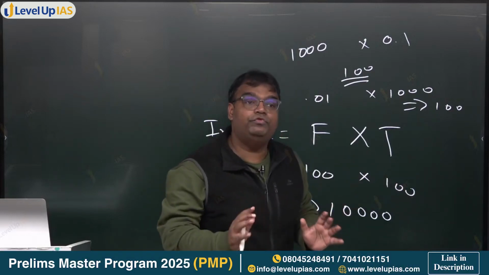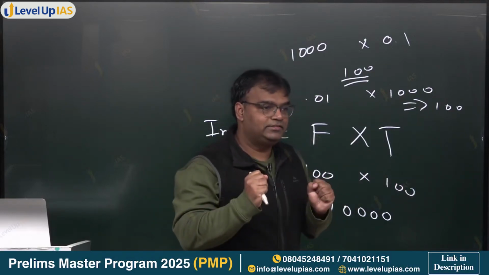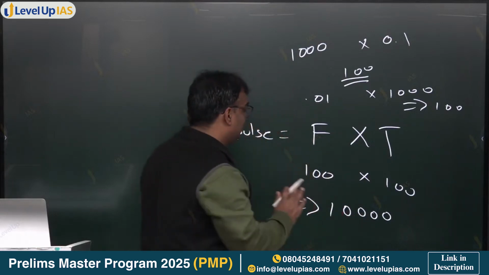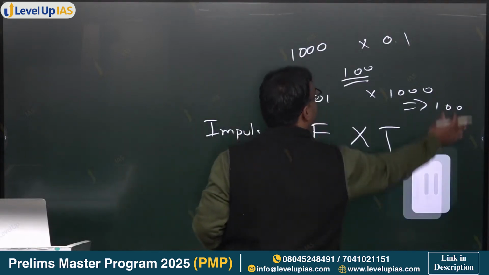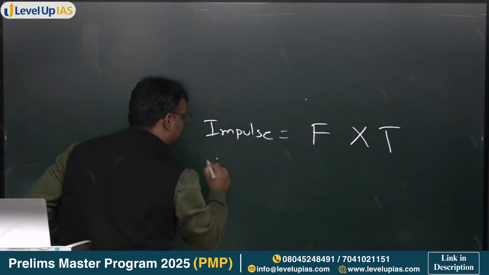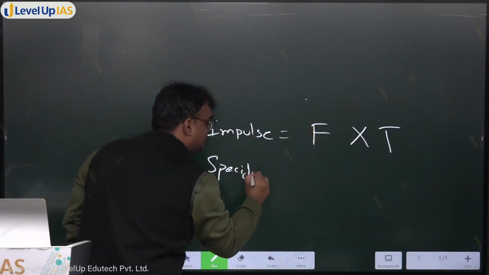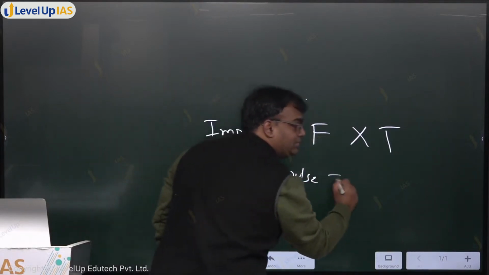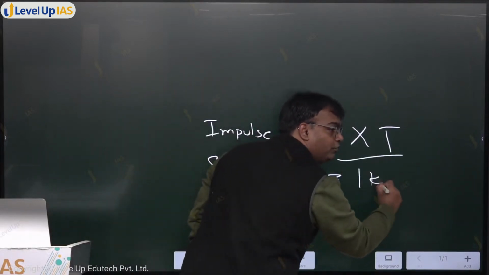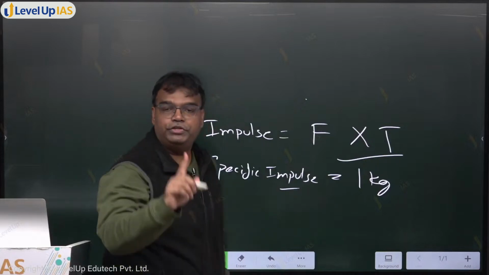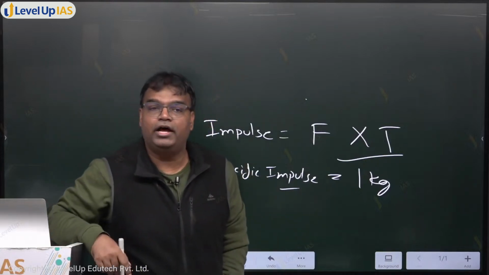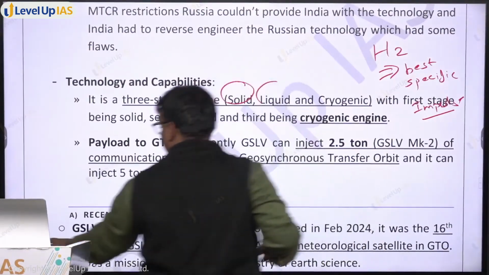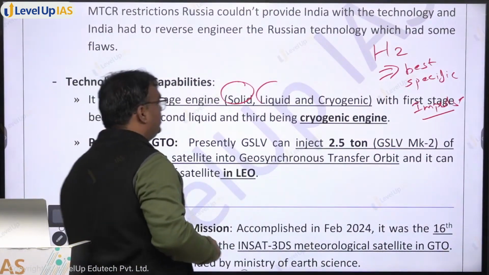We need a fuel which has good impulse per kg. Impulse per kg becomes what? Specific impulse. What is specific impulse? It is the impulse that you will achieve with every kg of fuel. So which fuel has the best specific impulse? Hydrogen. Now hydrogen has the best specific impulse, so we want to use hydrogen in the third stage, but hydrogen